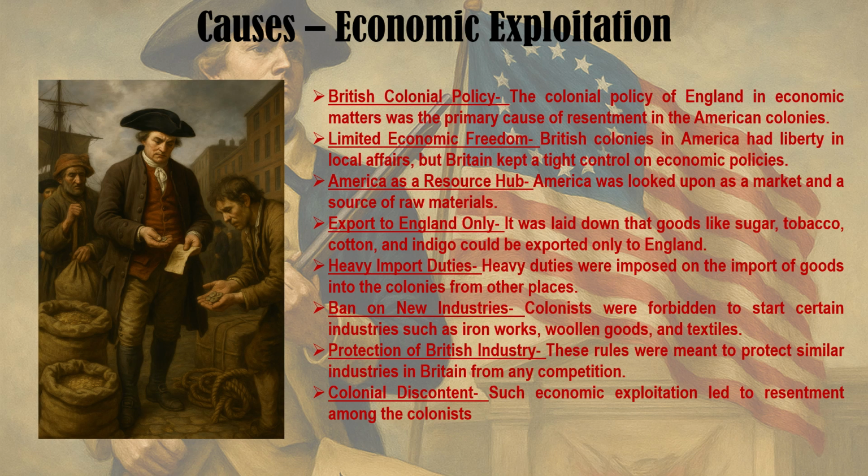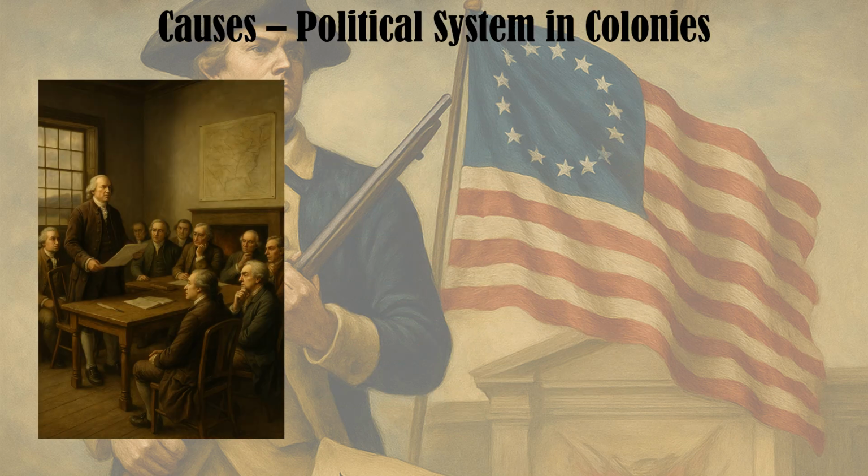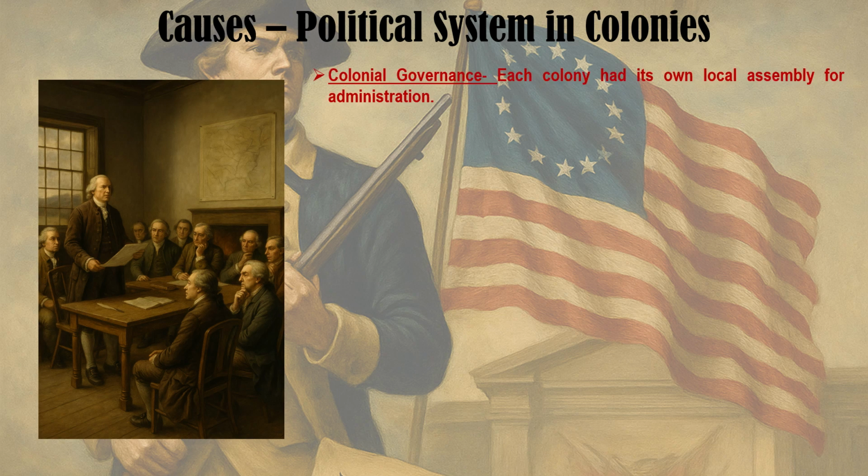So because of all these reasons, the colonists became very angry with the British Empire. Then there was some political system in the colonies which were also against the dominion of Britain. So colonial governance. Each colony had its own local assembly for administration. The 13 colonies, each one had one local assembly to control its own